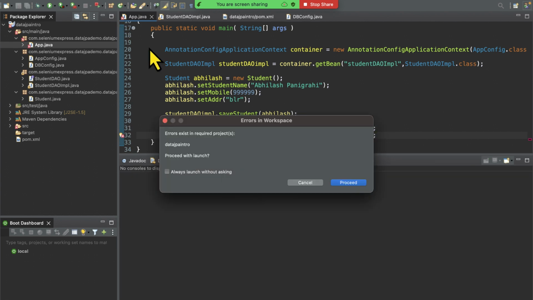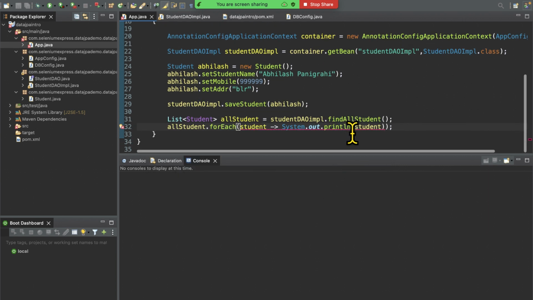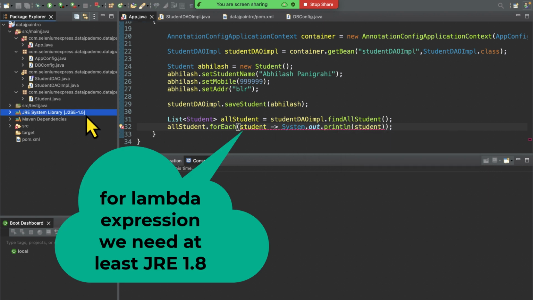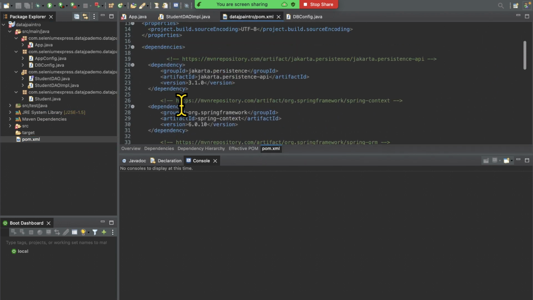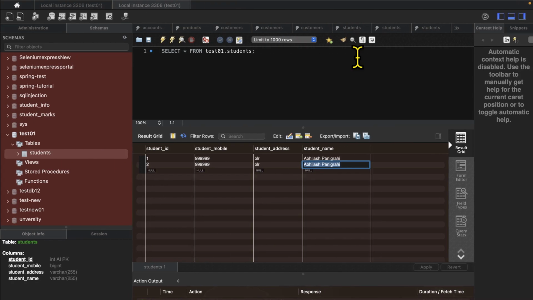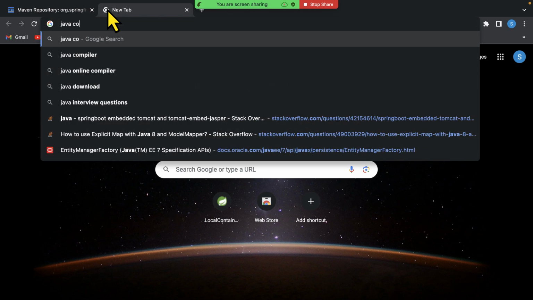So this is another, okay, what is the issue? What is the issue here? Student sysout. Change, the JRE is 1.5, right? Now I can go to pom.xml, and I have to get inside the properties. I have to add my compiler label. I'll go to here, let's say Java compiler,